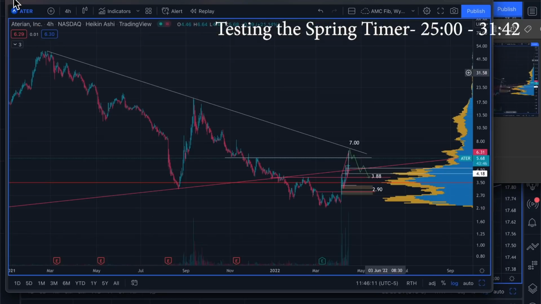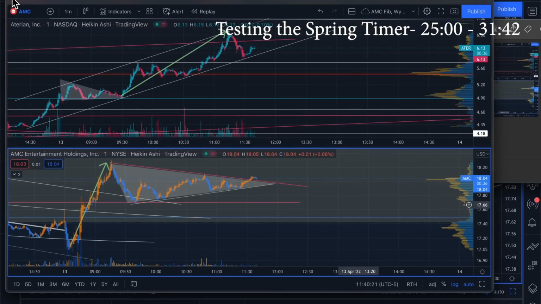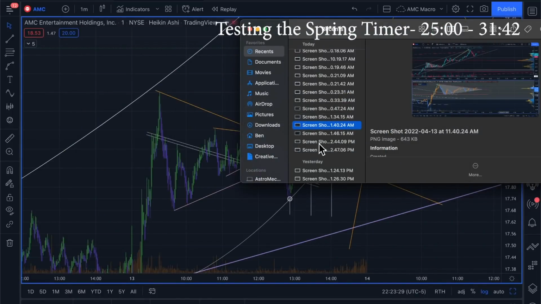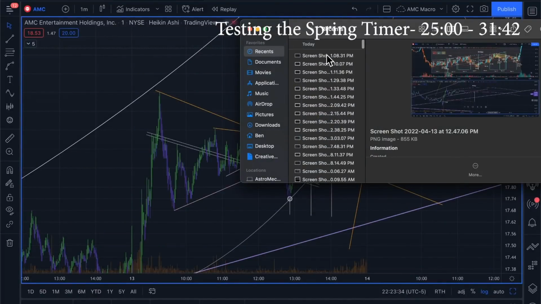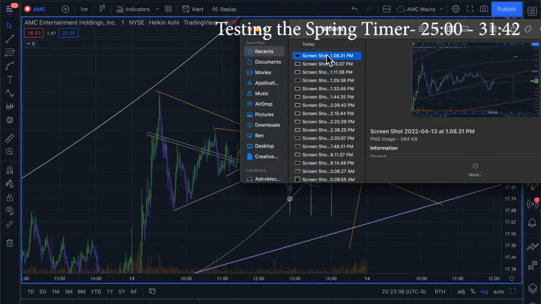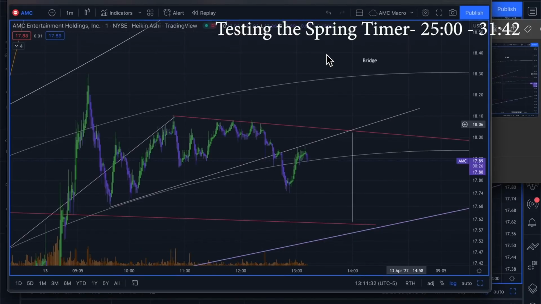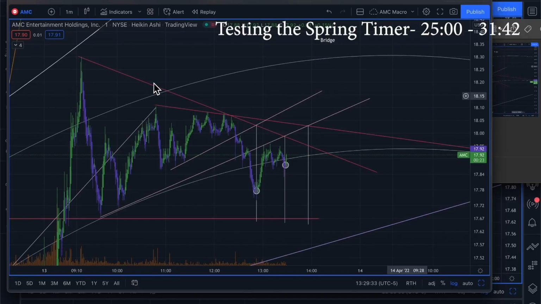I switched it to, let me see if I can find another screenshot of it. I changed it a little bit. I think it goes back up top here. Yeah, so I started shifting it around and I was watching this form right here and I thought that looks a little like the hook, but it's too attached to the top. So I don't think that's the hook. And then I imagined, what if this is the bottom and it's actually rising? And so I started drawing other lines. And then this is what I came up with.